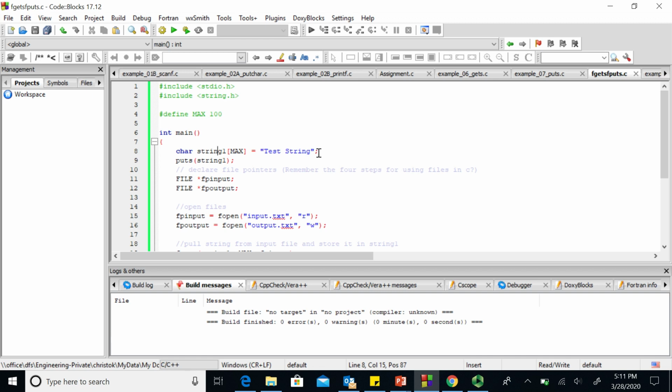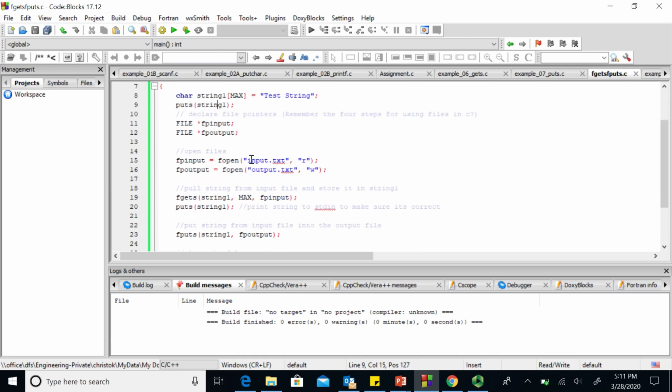I could have used gets to enter it and then puts to print it back out. Remember, that's just from the standard input window. But for ease of this example, I'm just defining it right here. It's called test string. I'm going to print it back out to my standard output window just to make sure it printed out correctly. Remember here, we just use the name of the string, whatever its name is, because we need the pointer. Now let's say I want to then get a new string from an input file, store it in string1, and then print that string into an output file